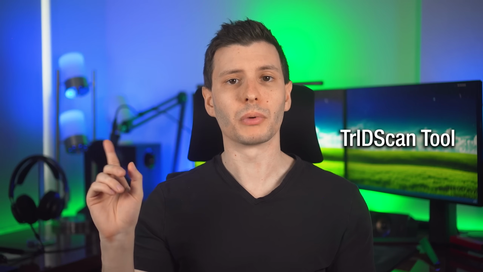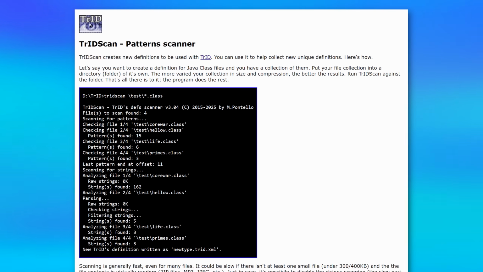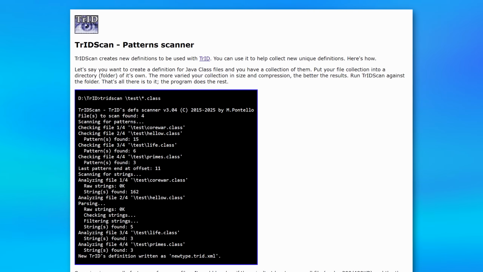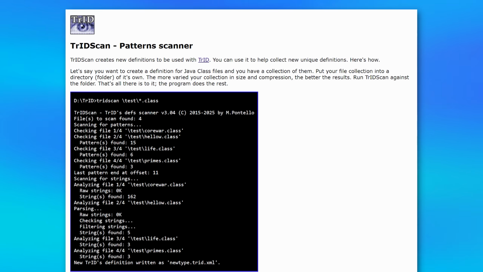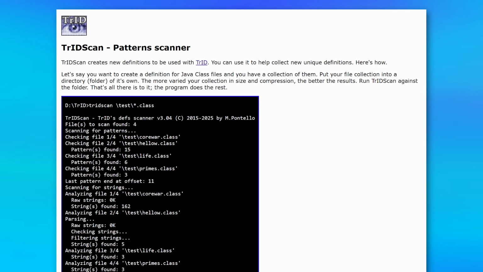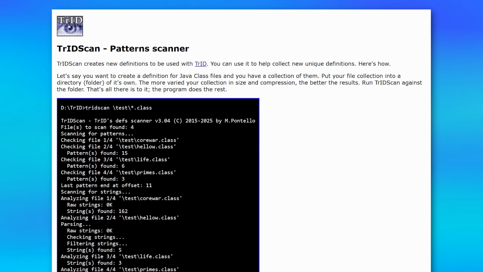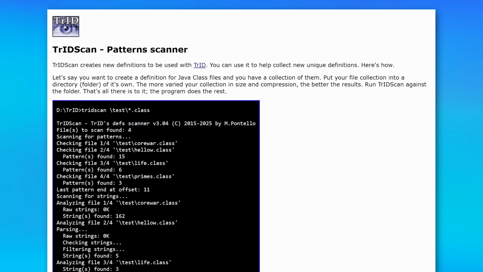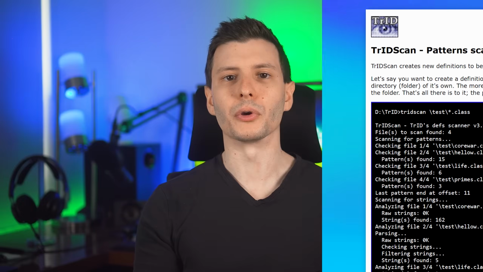Anyway, there is another related tool called TRIDScan, which is if you want to contribute and scan a different file type, a whole bunch of samples of it, and then it will basically create a pattern so it'll be able to be recognized for other people in the future. You just send it to the guy and he'll add it, I guess. So if you're an advanced user who deals with very, very obscure files that aren't recognized, that might be something to consider.